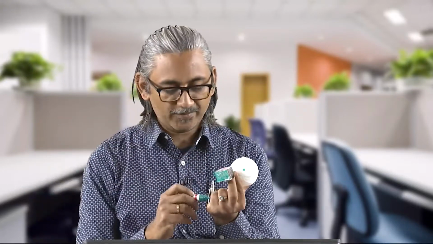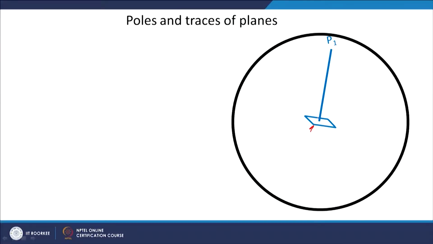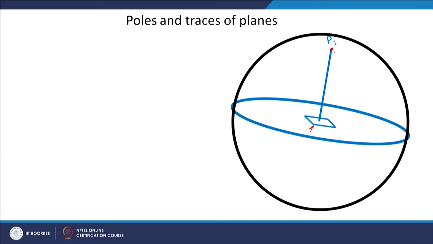On the equatorial plane, how it will look, I am just showing you in this particular slide here. This is a plane for which this is my pole P1, and this is the plane which is extended, and when it cuts the sphere it will form a projection like this.